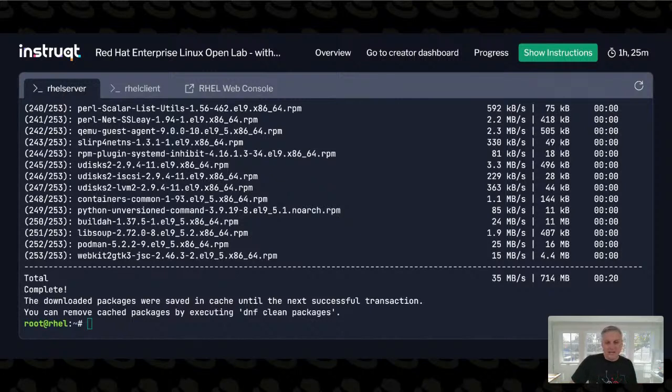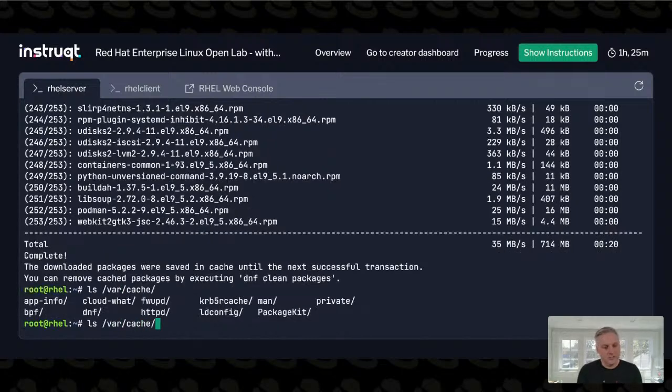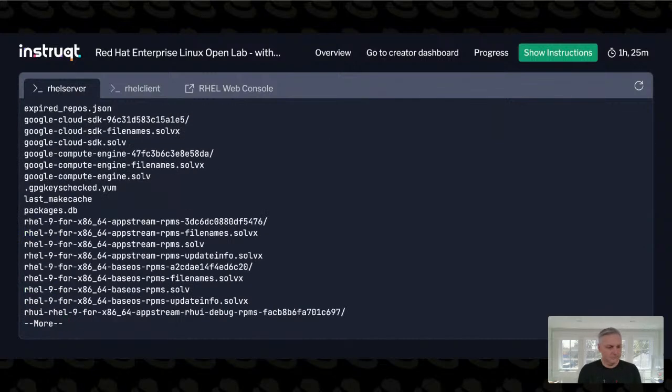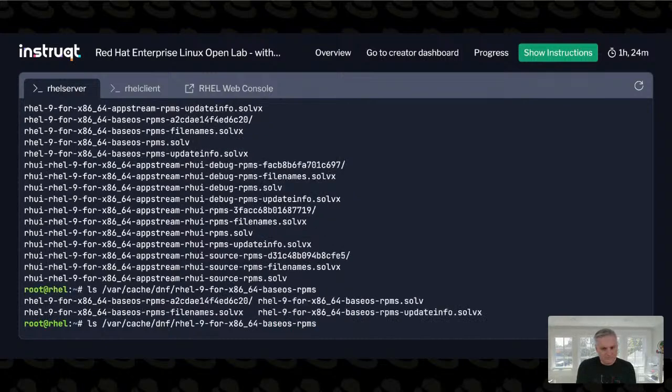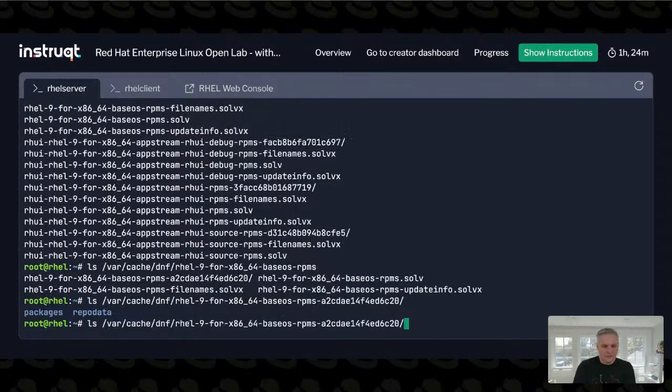So now if I do a DNF upgrade, all the packages that I had staged are already downloaded on the machine, right? In fact, they're in var cache DNF, in one of these subdirectories here. So it downloads them into this cache that aligns with its repository name. All right, so there we go. And if I look under packages,